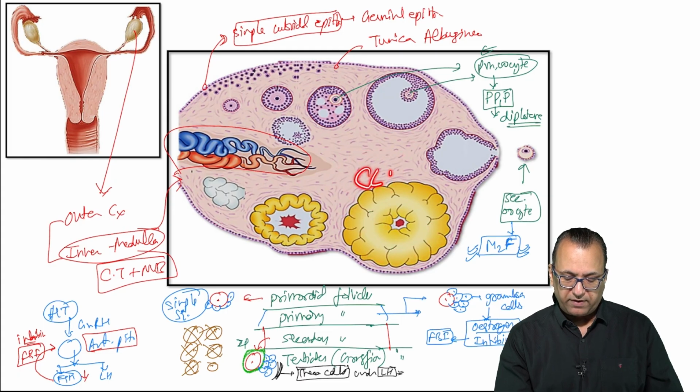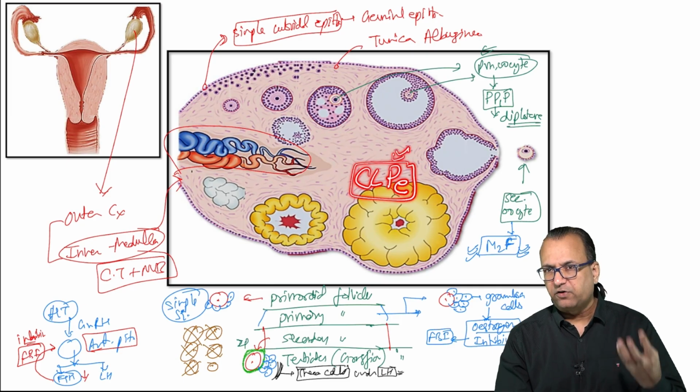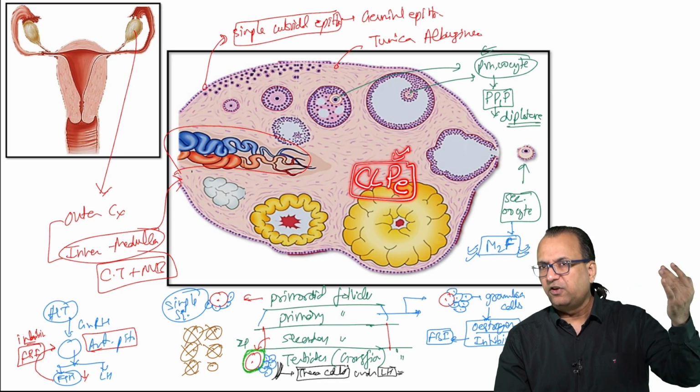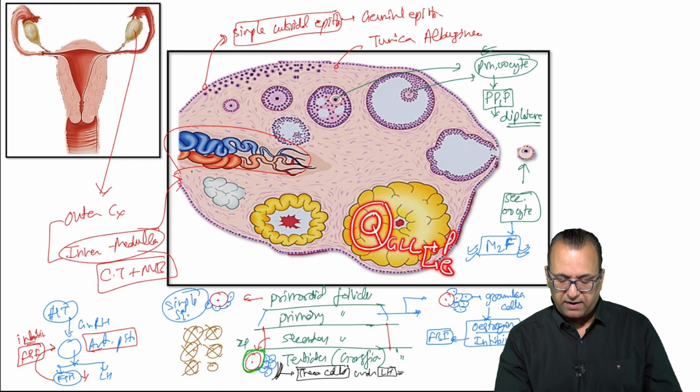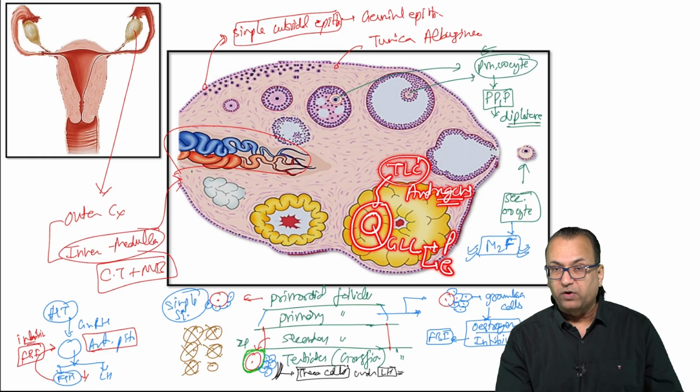So corpus luteum gives mostly progesterone, a little bit of estrogen also, and estrogen is formed by aromatization of the androgens which are given by the peripheral theca lutein cells. So in the center, for example, you have granulosa lutein cells forming progesterone and a little bit of estrogen, but around that you have theca lutein cells which are giving the androgens because those androgens are required to convert into